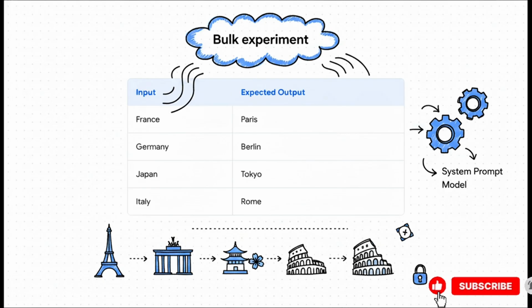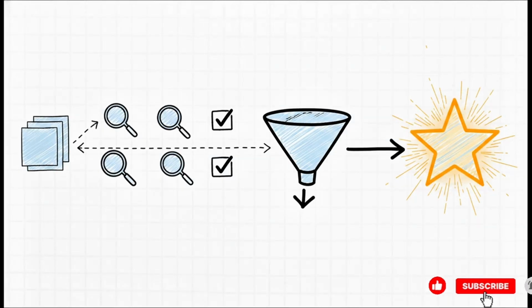Think about it. When you update your system prompt, or maybe switch to a cheaper model, you absolutely have to run those changes against a fixed baseline. Otherwise, how do you know if your overall accuracy regressed or improved, right? Once that dataset is defined, Langfuse runs our specific task against it using item-level evaluators to grade the outputs. For example, it checks exact match accuracy, like did the model actually output the word Paris? And it evaluates conciseness by measuring the character length of the response, just to ensure the model isn't rambling on